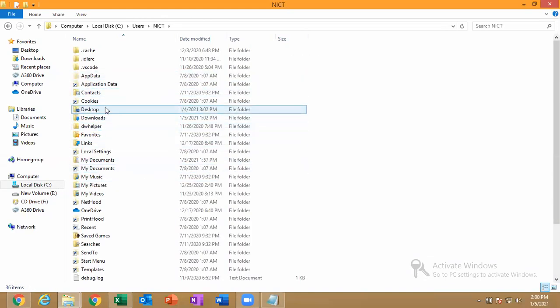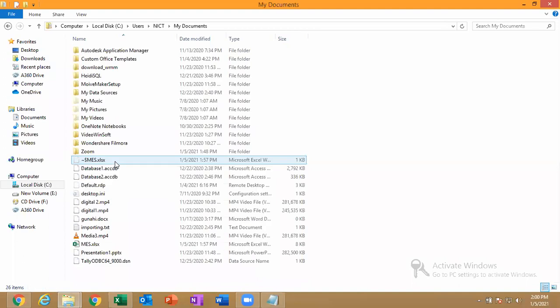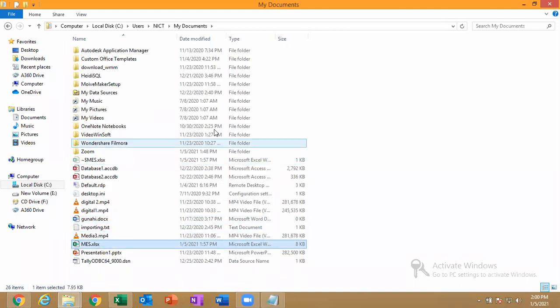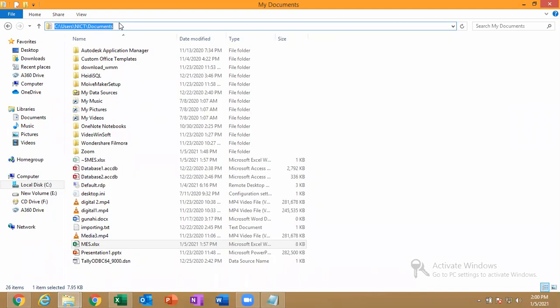See here you can see desktop, downloads and documents. Just open my documents and see, here my file is stored. And click here, this is the path. So where has my document actually been stored? The first word you told, that it has been stored in the documents, is correct. But where is the document? Actually the document is placed inside my hard disk.